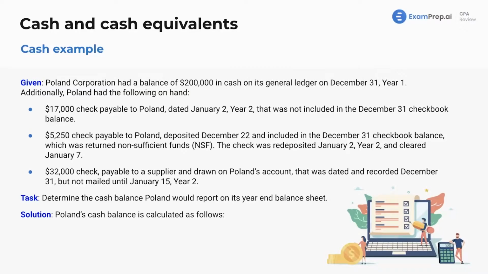Here is an example of cash. Here's a cash book to bank, bank to book. We will see a lot of these. So it seems that we are going to be starting with Poland Corporation and a balance of $200,000 in cash